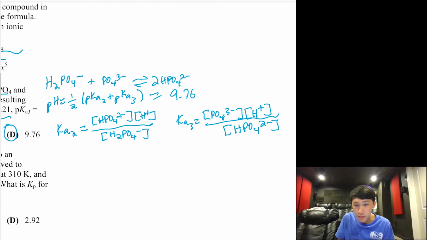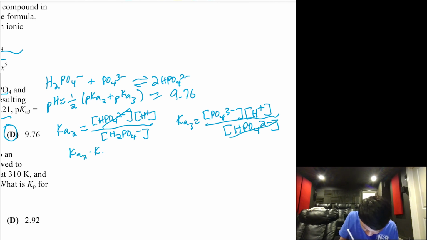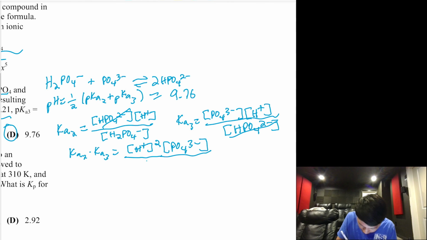If we multiply Ka2 and Ka3 together, the numerator here and denominator here are going to cancel out, so that's going to leave us with Ka2 times Ka3 is equal to the concentration of H plus squared times the concentration of PO4 3 minus, and then that all divided by